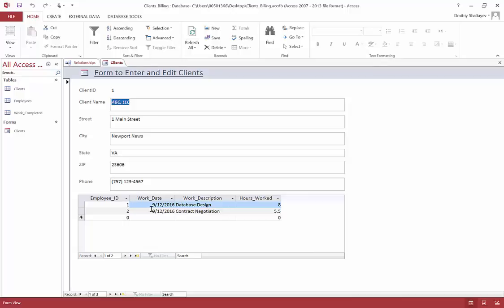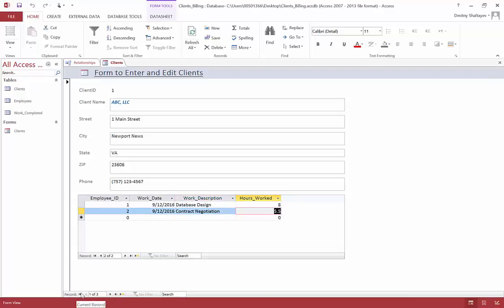Employee number 1 did some work on September 12, 2016, database design for 8 hours. And also employee number 2, same day, contract negotiation for 5.5 hours. If I click on the next client, so use these navigation buttons at the bottom, I click and go to